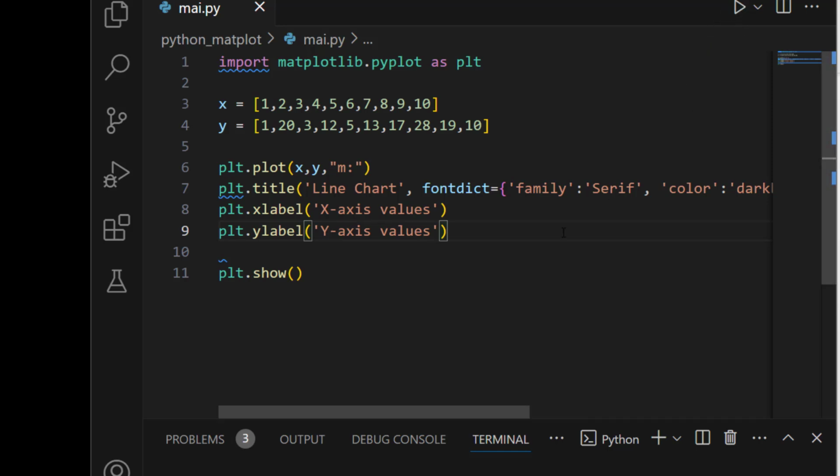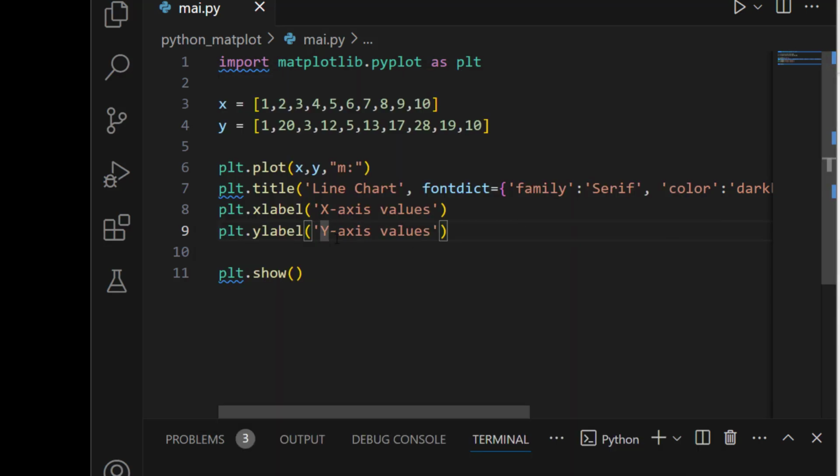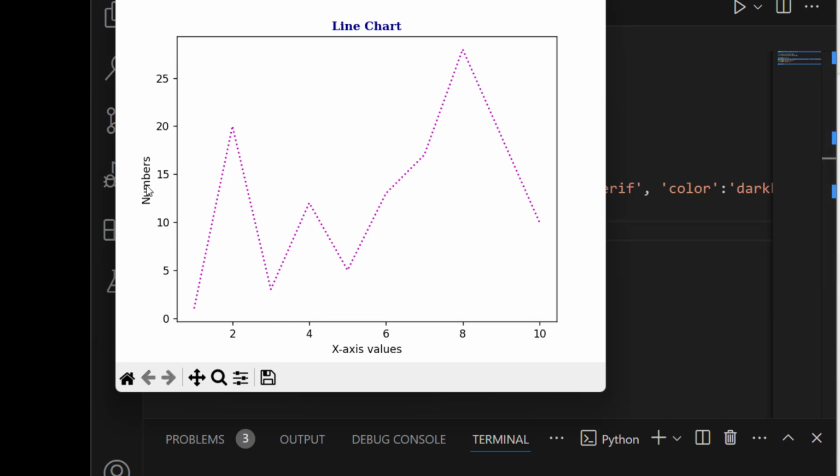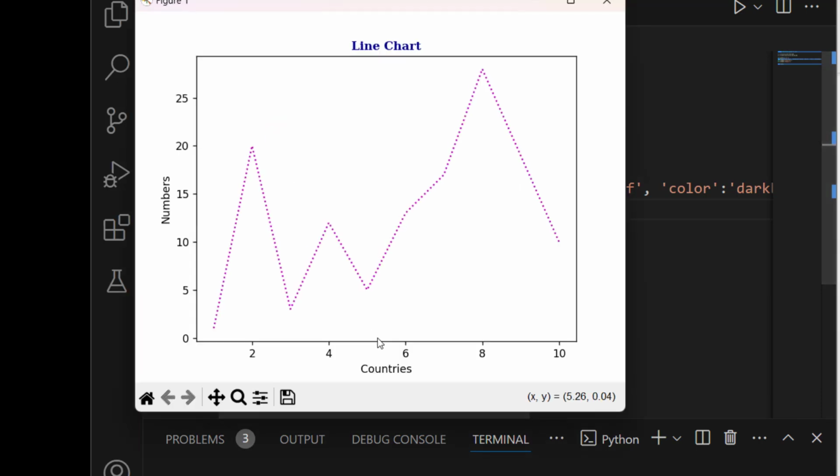If I run this, as you can see, now y-axis label. You can give any name that you want there. For example, let me say numbers. Save. If I run, boom, we have it. Numbers. If I say, for example, here the countries, save, and run this, boom, now we have country here. So you can do whatever you want, it's up to you.